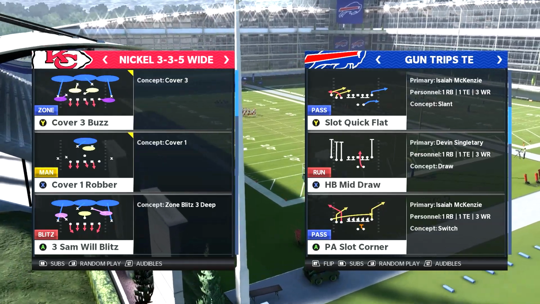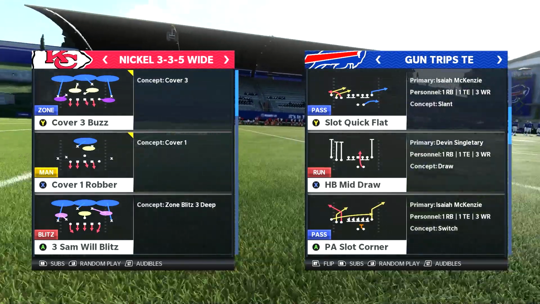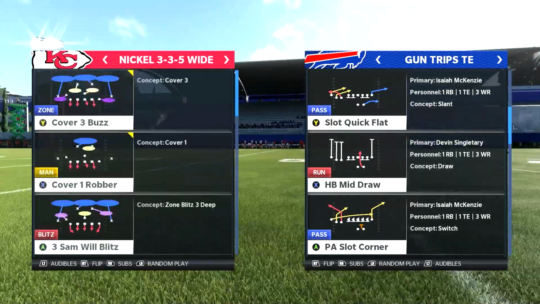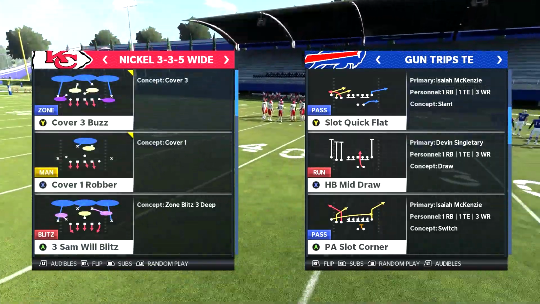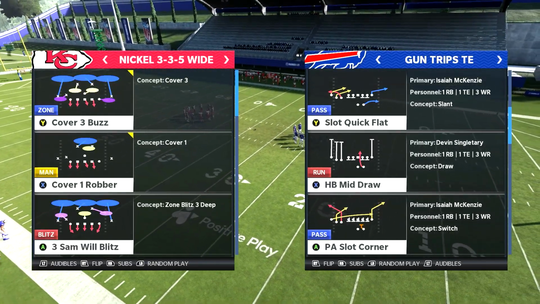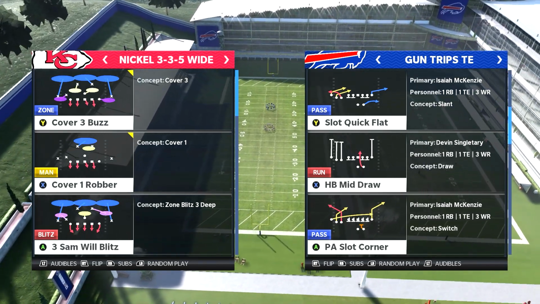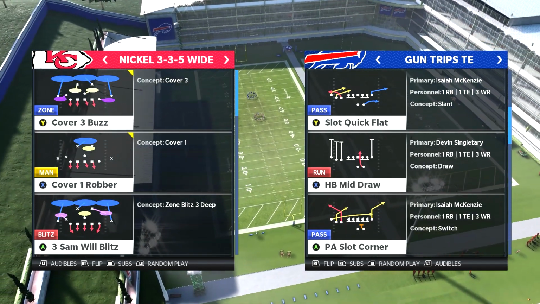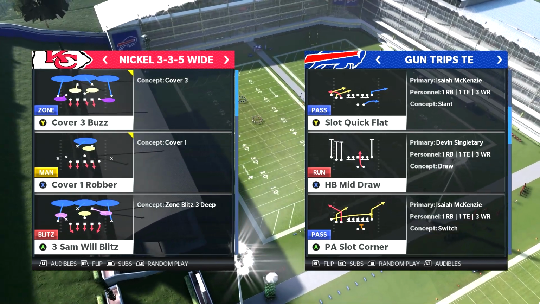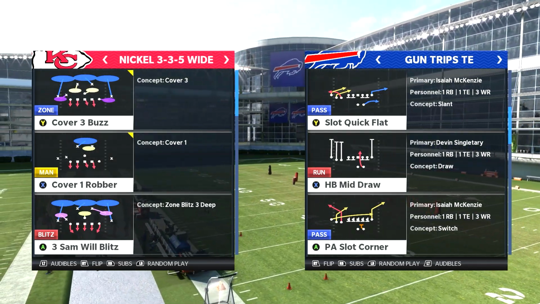Now in today's video guys, I'm going to be bringing you part 2 of my nickel 3-3-5 wide defensive scheme. Today we're going to be doing the play cover 3 buzz here. This is going to be the second of 5 parts I believe in this scheme, and we're going to be going over cover 3 buzz. I'm going to be going over 2 setups that you can do, as well as some optional adjustments you can throw in there to make this defense better, and I will show you guys all of the setups in this